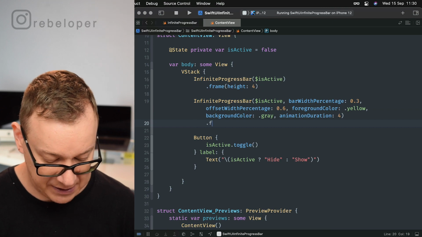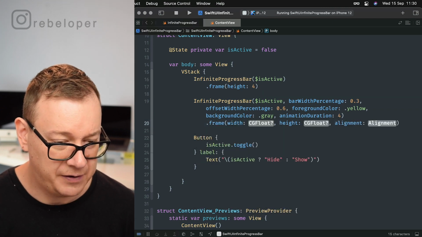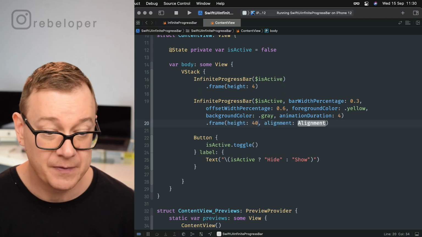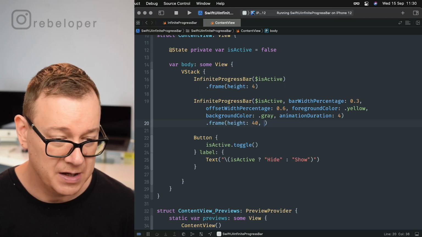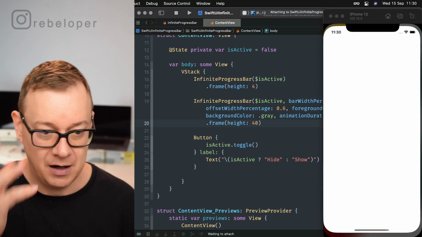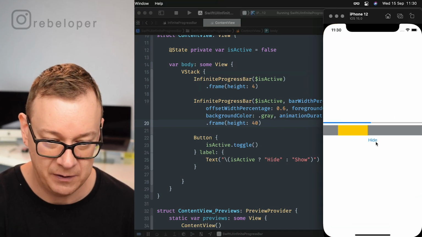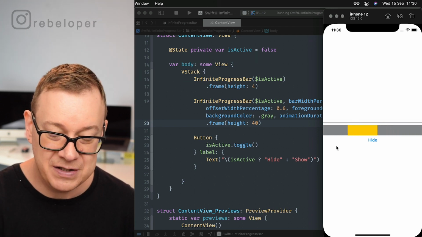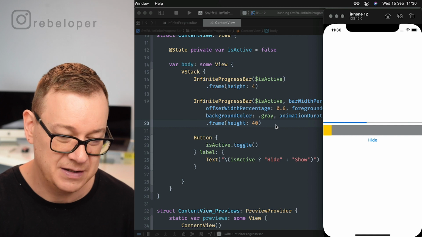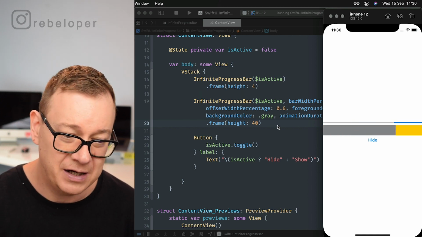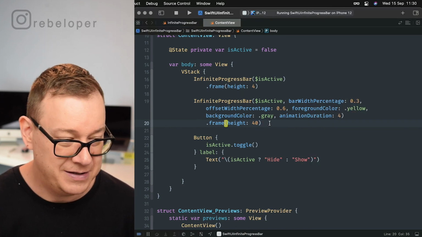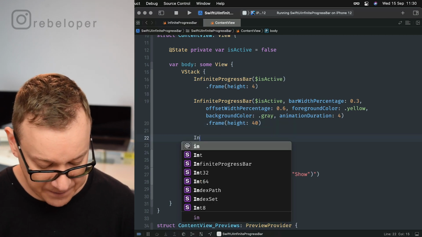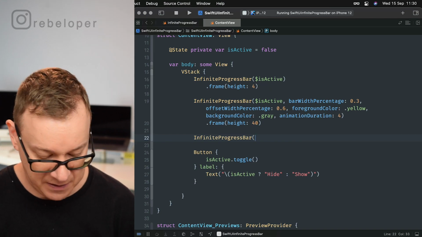Again, we want to set a frame for it. So the frame height would be something like, well, let's just make it 40. Okay, so that would be our second one. Let's see how this actually looks like. If I tap on show, you can see it's really nice. And yeah, just with all of these modifiers. Now, this doesn't look really, really nice, but let's just create a new one here with, again, infinite progress bar,